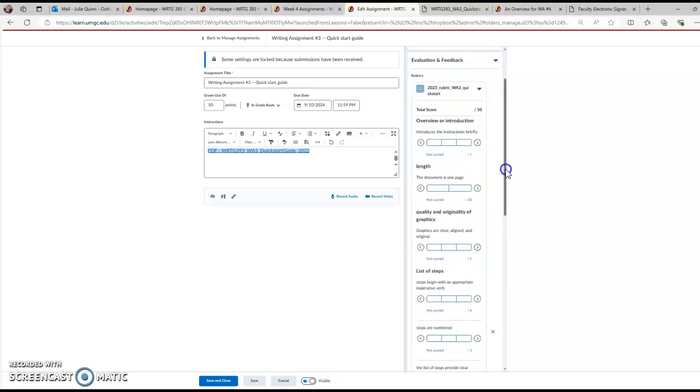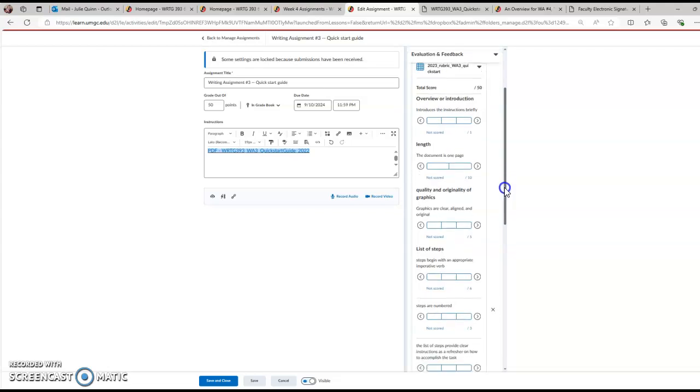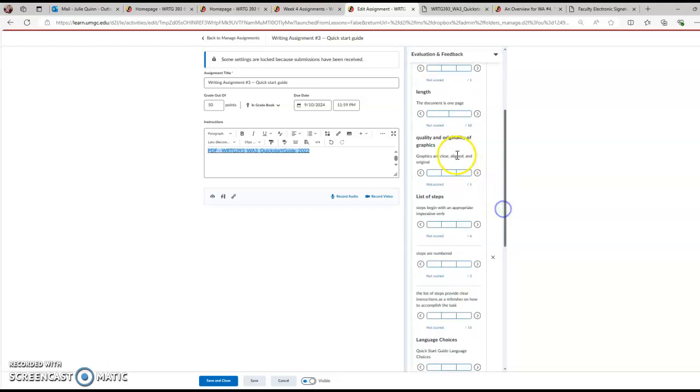So I'm on like the little short version of this rubric, but you'll see that it introduces the instructions. Did you do it? Is the document one page? That's 10% of your assignment value. So you don't need a cover page. You don't need a references page for this one. Are your graphics clear, aligned, and original? If one graphic's centered, one's on the far left, one's kind of floating to the right, you could get marked down. My recommendation would be,